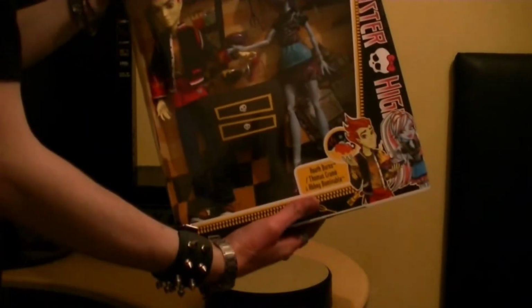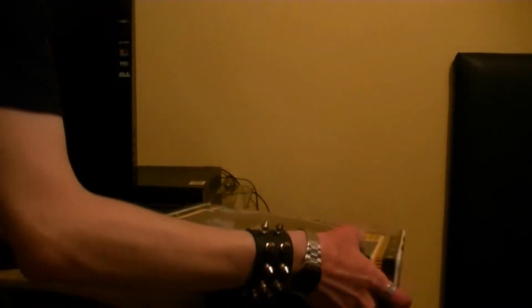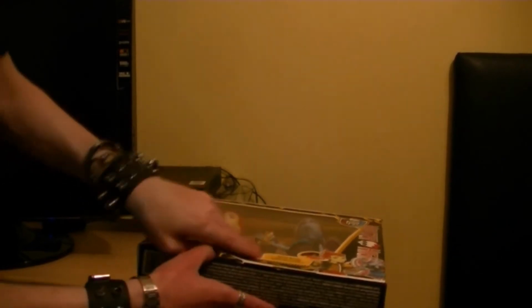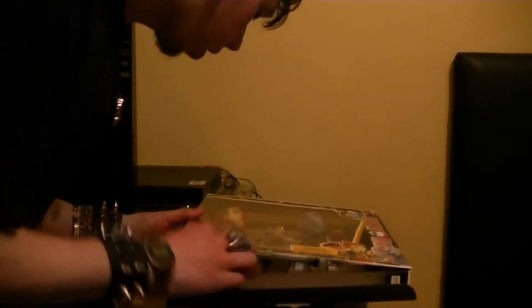Okay, let's try and get this out here. Those things are holding it back, I suppose. I'm going to open up the bottom here. I don't really want to, but I'm just going to do so. Just don't want to ruin Heath or Abbey. Oh, I've got one at the top here as well. I put my hand in just to